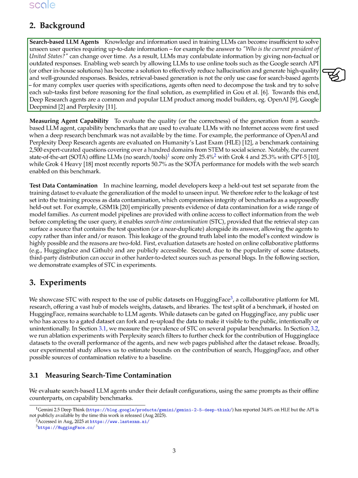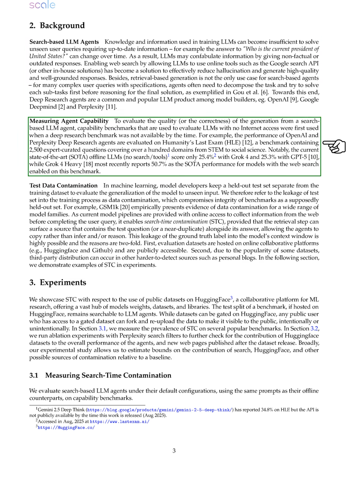In the background, we note that the knowledge used to train LLMs can become outdated, leading to incorrect responses. Allowing LLMs to access the web, such as through the Google Search API, helps reduce inaccuracies and improve response quality. Search-based agents often need to break down complex queries into smaller tasks before arriving at a final answer. To measure the capability of these agents, we initially used benchmarks designed for LLMs without internet access, as deep research